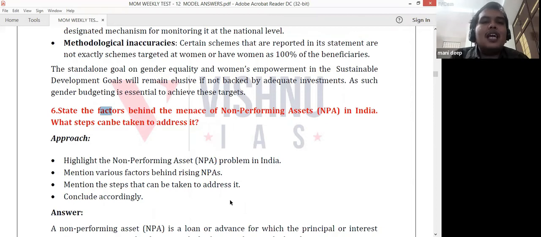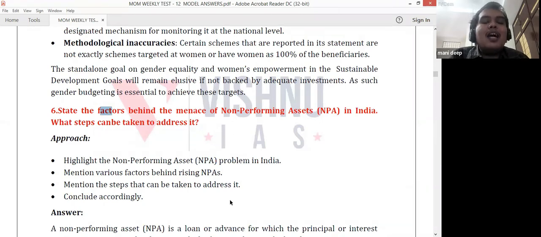Second is focusing upon reducing the NPAs. For reducing NPAs, the government brought in bad banks, which will buy out all the NPAs from different banks, and they can reduce the NPA load. And the second thing is also provisioning. Provisioning is nothing but, if there is an NPA, then the bank should keep some amount of credit as a provision. And the third part is regarding the recapitalization.